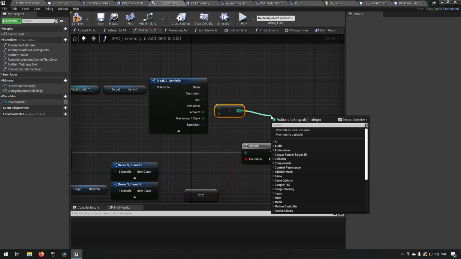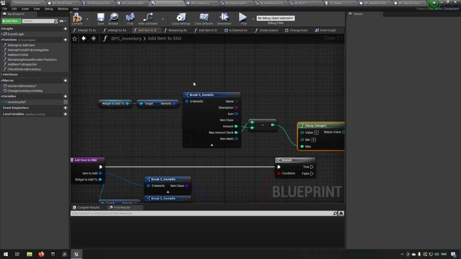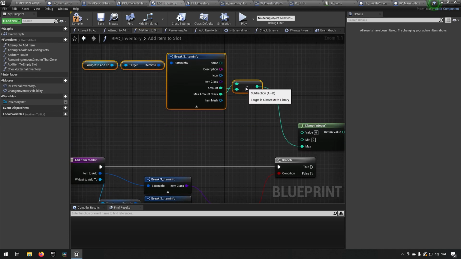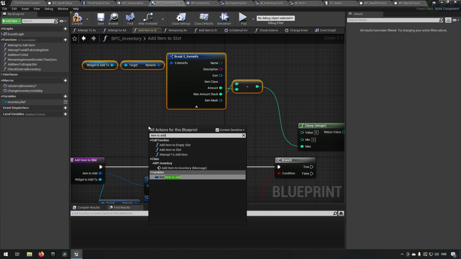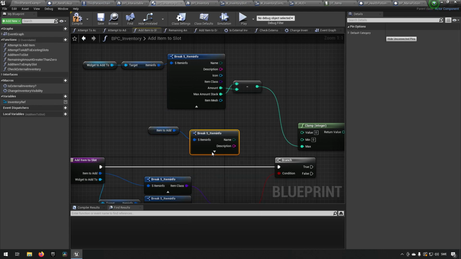So we're going to be clamping, and this is not the value we're clamping, but this will be the max that we're going to be clamping. And the minimum value will be 0, and the other value will be the item to actually add this item info. If we break this one,